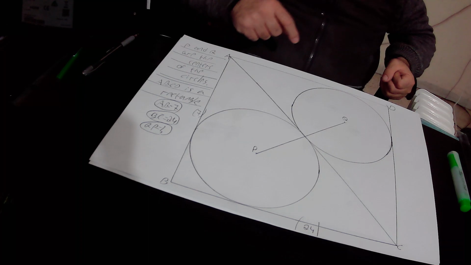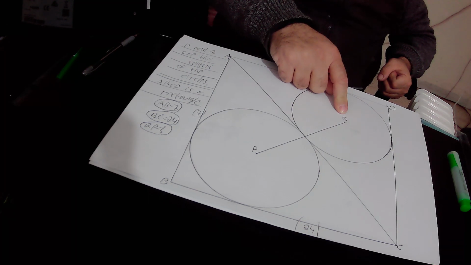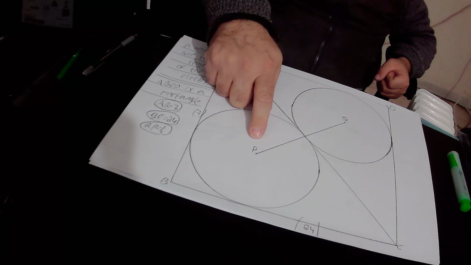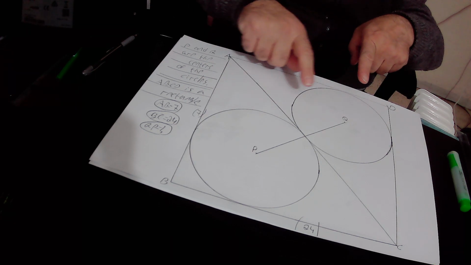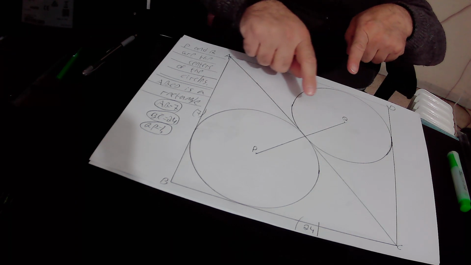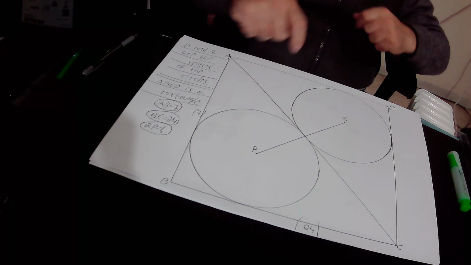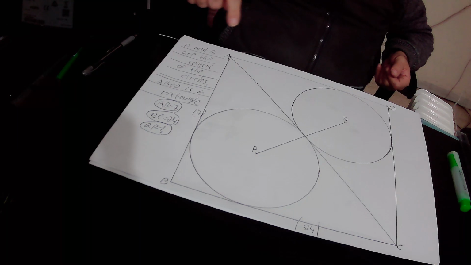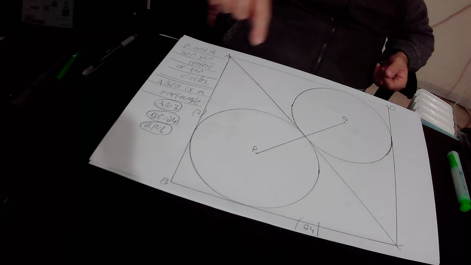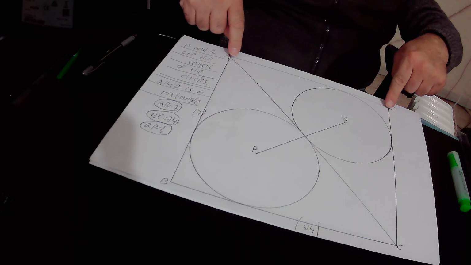In addition, we know that the center of this circle is here at point Q. The center of this circle is here at point P. Our mission is to find the distance between the centers of those two circles, that is to say, the length of line segment QP. Okay, so first of all, because ABCD is a rectangle, it means that those four angles